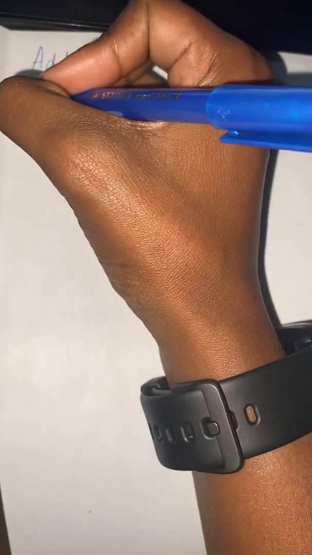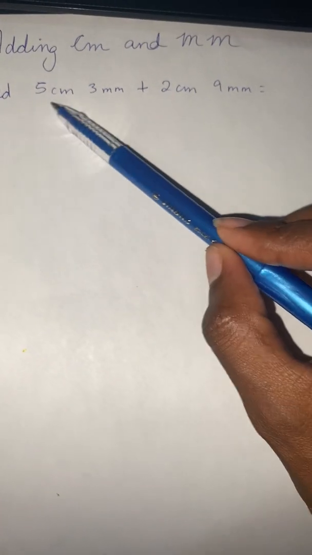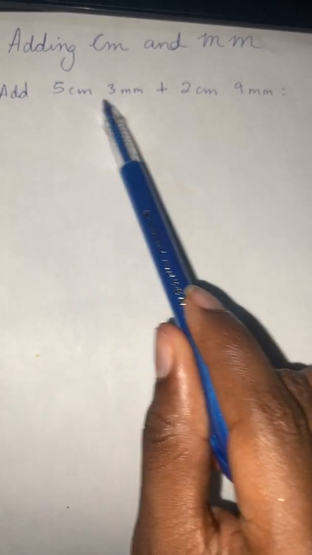Good morning, Standard 2. Today we're going to be looking at adding centimeters and millimeters. So if I have an instruction here that tells me add 5 centimeter 3 millimeter plus 2 centimeter 9 millimeter, it would be a bit difficult if I just try to add across,